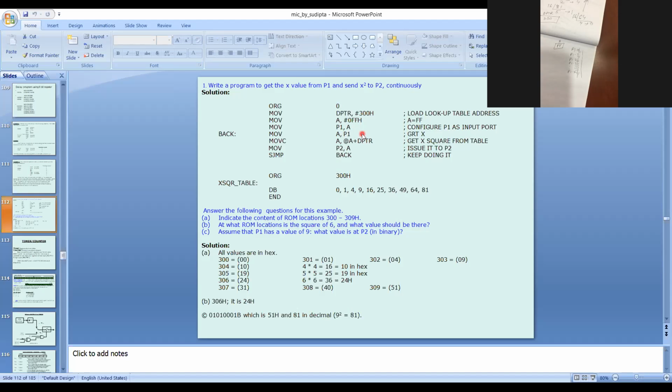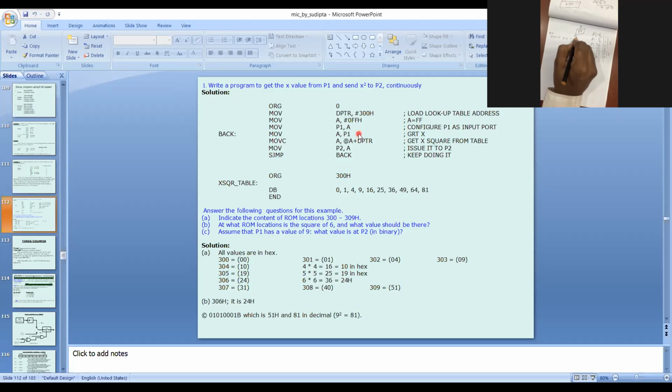Sir. Next, MOV A, P1. What will happen? MOV A, P1 means the Port 1 value is copied into A. Say I give the value 0, 0, 0, 0, 0, 0, 1, 1, where the last bit is P1.0 and the first is P1.7.